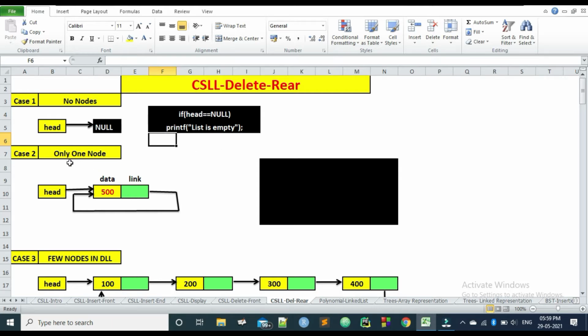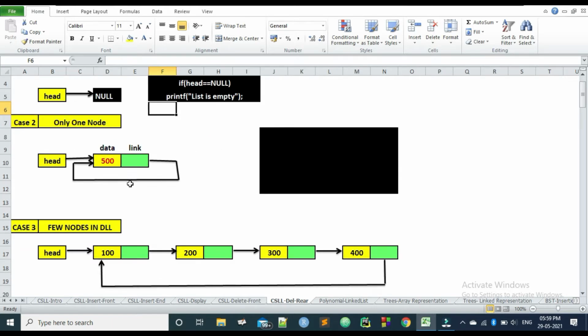The second case is that if there is only one node. But how are we going to understand there is only one node? You can have a condition that if head's link is equal to head. Because if suppose this node is at the address of 100, then this link is going to point to itself according to the architecture of CSLL.